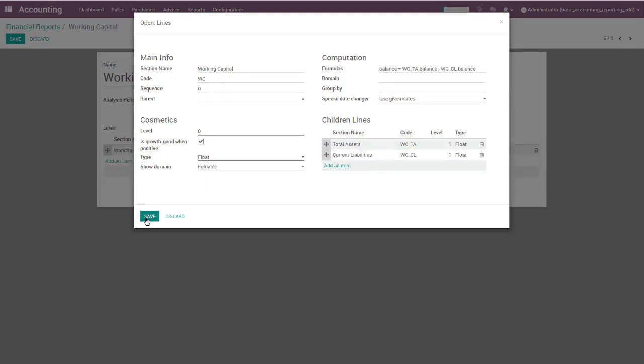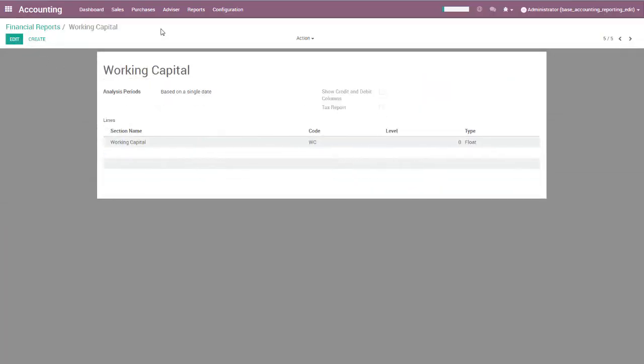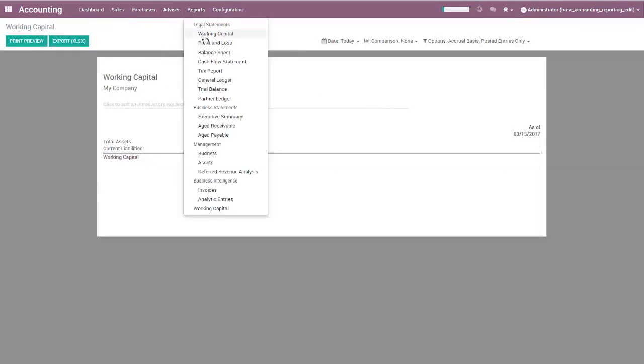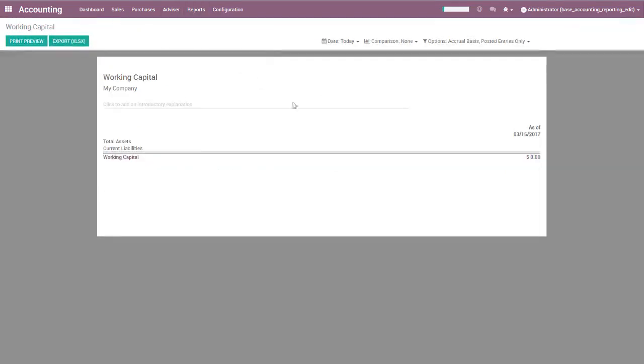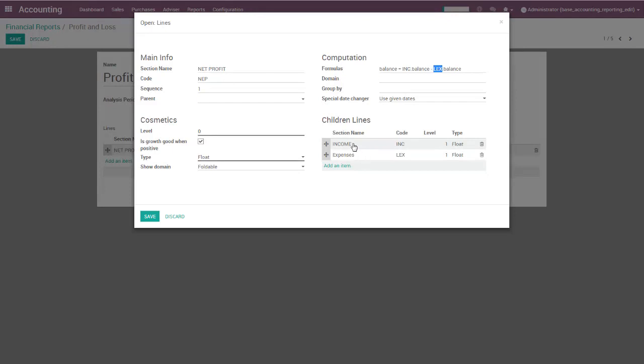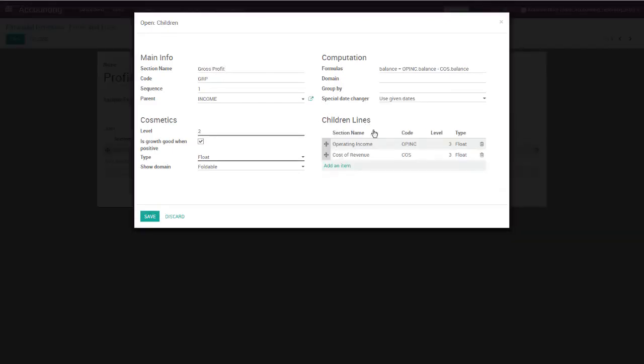Of course, if I save this and I have a look at my report, I have 0 because I don't have anything in my total assets and current liabilities. So let's go a bit further now. Let's try to compute at least the total assets. And let's have a look at our profit and loss. I told you that we are going to base our